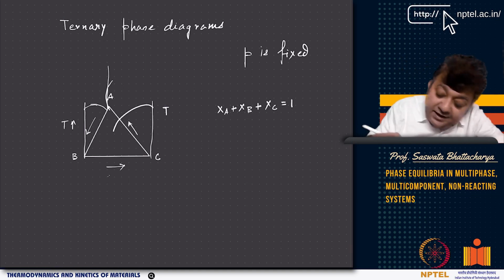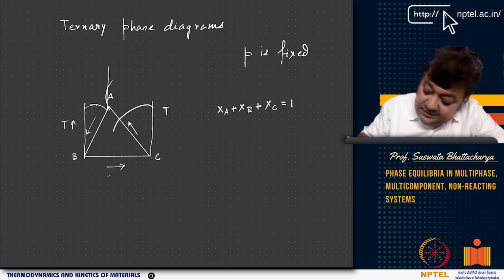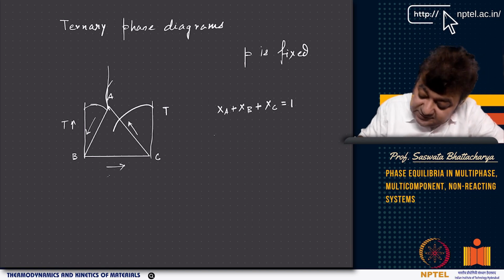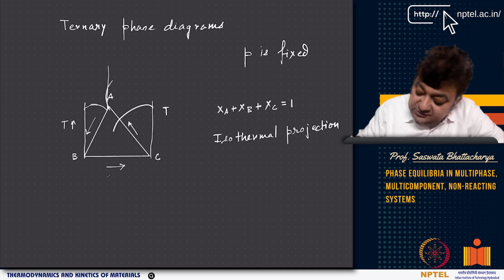So what you do, again in ternary phase diagrams, is look at projections. What are the projections that you look at? Often you look at 2 types of projections. One is called the isothermal projection, that is at a given temperature. This is the isothermal projection that you map on the Gibbs triangle, that equilateral triangle that we have drawn. I will come to this later. And then there is also something called a vertical section or isoplete.